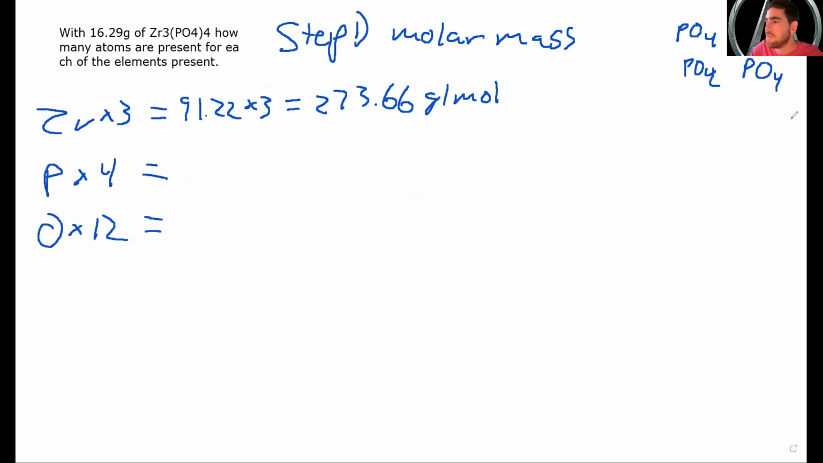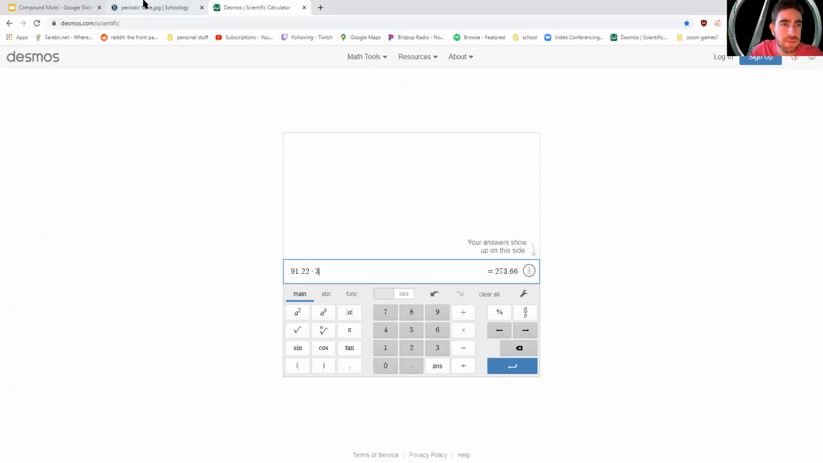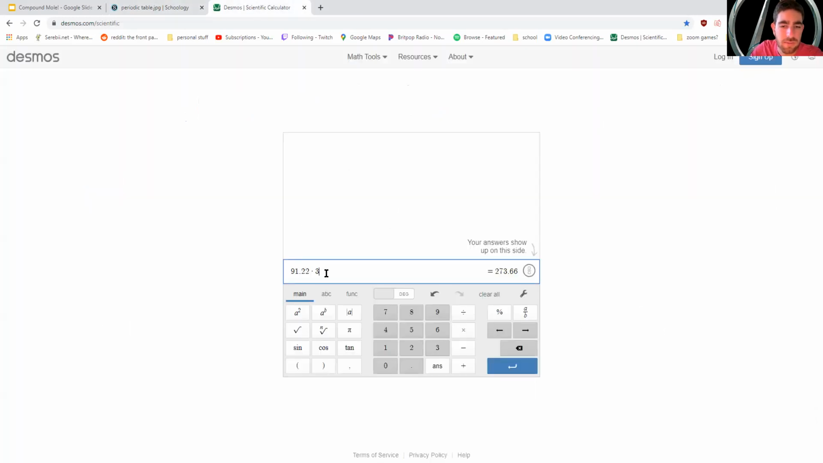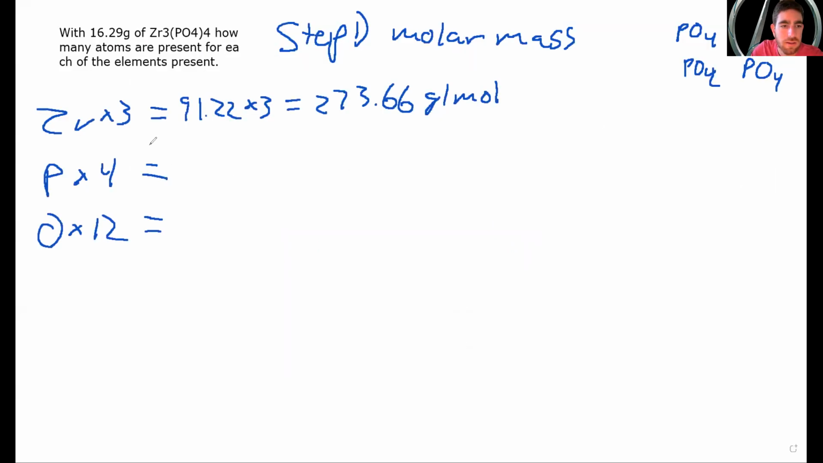Phosphorus, if you look on the periodic table, so share, we're back at the Desmos periodic table. So P is the 15th element at 30.97. So we're going to have 30.97 times, we had 4, is 123.88. So this is going to be what we put back into our whiteboard here. So we said 30.97 grams per mole times 4 equals, what number did we say it was? 123.88